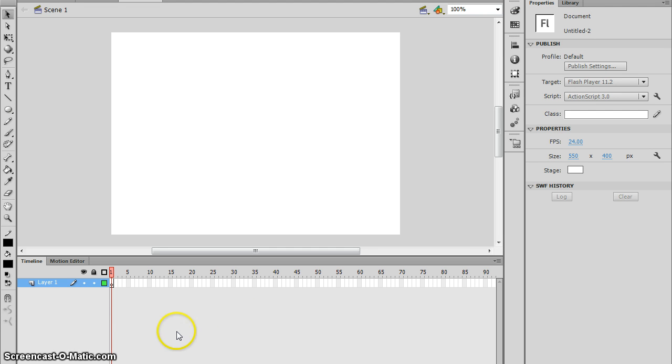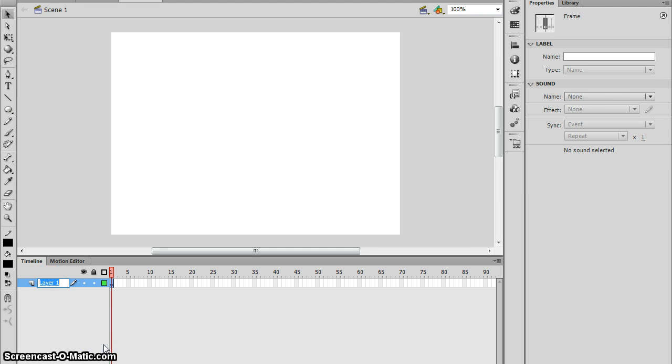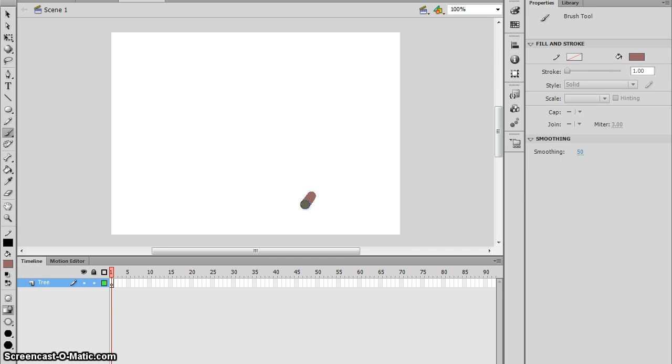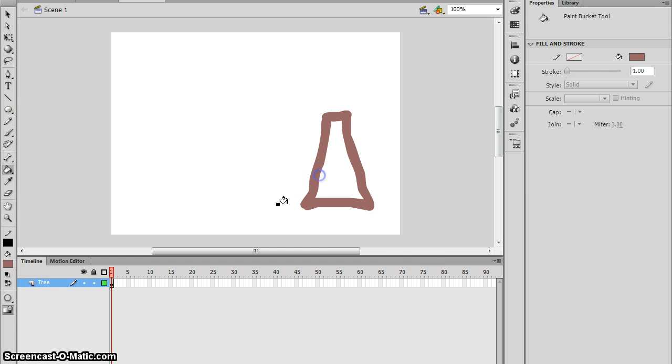We already know there's going to be a tree in the park, so I'm going to rename layer 1 to be tree. And let's start drawing that tree. I'm going to give it a brown trunk, and I'm going to use the brush. I'm just going to draw up the outline of the tree, and I'm going to use the paint bucket to fill that. And I'm going to change the color to green, back to the brush, and I'm going to,